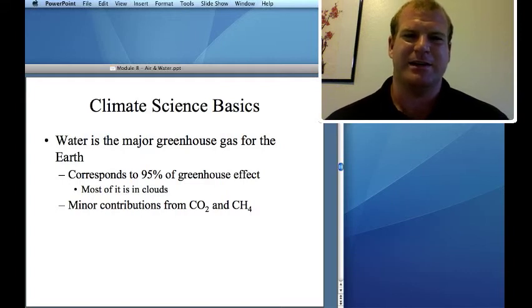Carbon dioxide, people think it's a strong greenhouse gas. It's a pretty weak greenhouse gas, to be quite honest with you. If it were strong, the temperature across the globe would be relatively uniform by latitude. But the concentration of water differs, so that's what gives rise to the different climates that we have here on Earth.